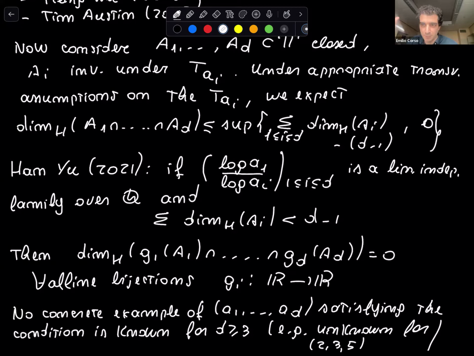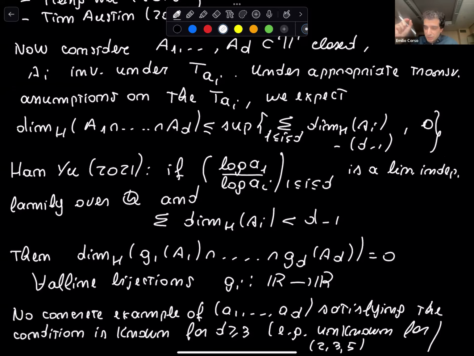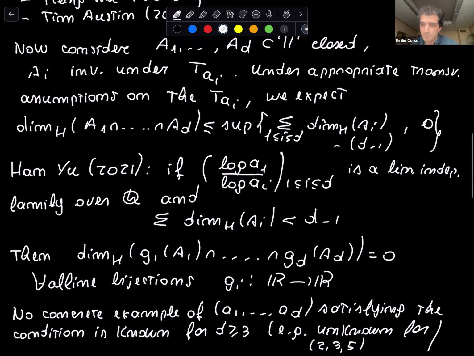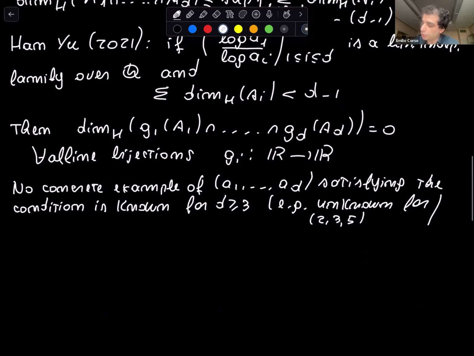If you do the easy computations, we of course know that if you take the inverse ratios, then they are certainly linearly independent for 2, 3, 5 or for any triple of coprime integers, for any family of coprime integers, but much more generally than that. Except that he really needs these inverse ratios, namely log A1 divided by log AI, and this is unknown. It would follow from a conjecture which is deemed to be inaccessible with current understanding of transcendental number theory, which is called Shmerkin's conjecture. This would follow.